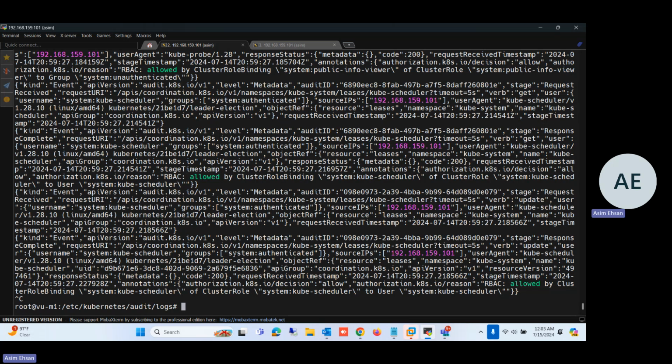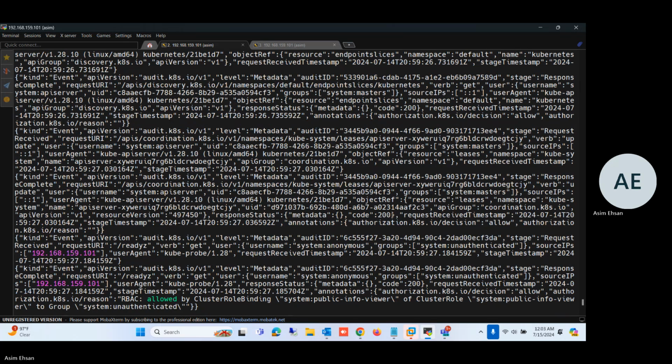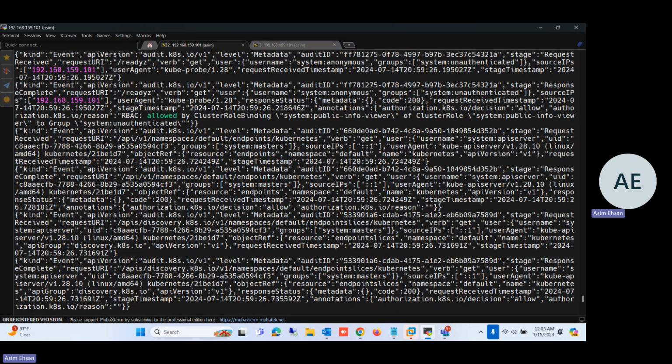Now this was just an example, and if I show you some other example, just like this was the API resource endpointslice in the namespace default. And for the resource endpoint,